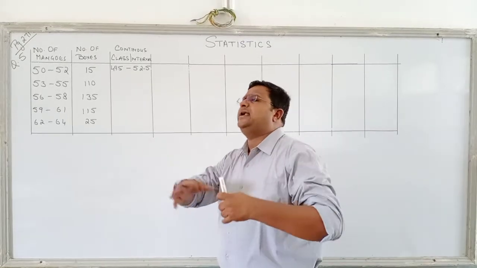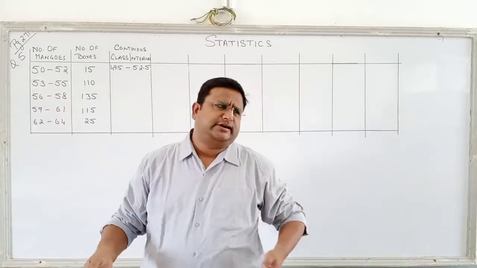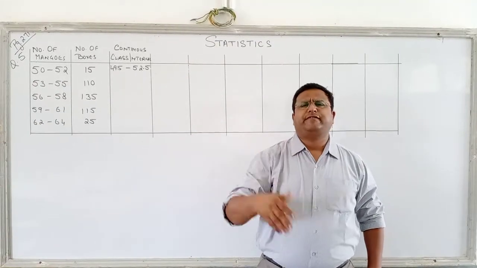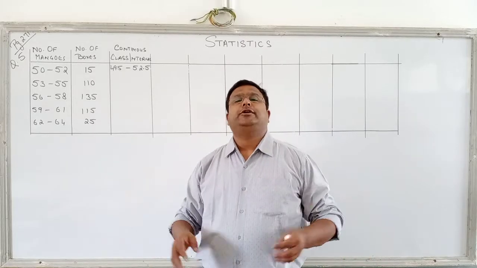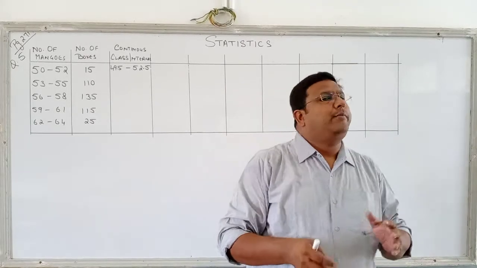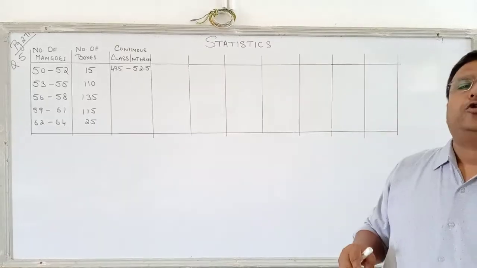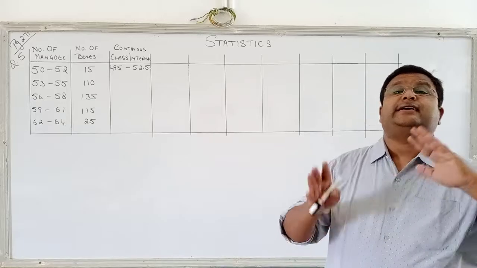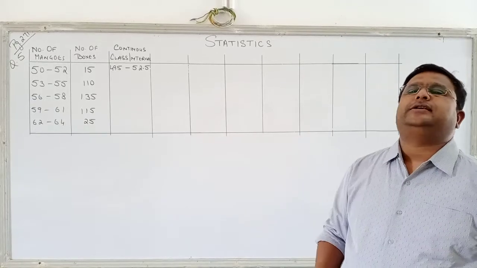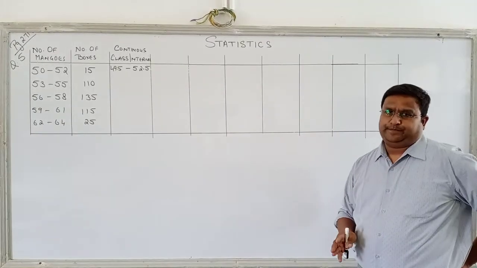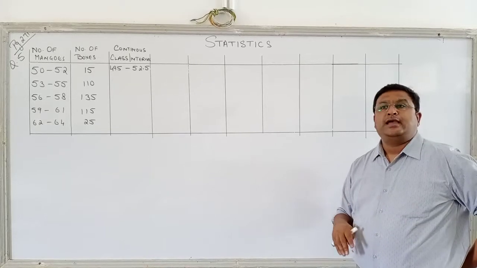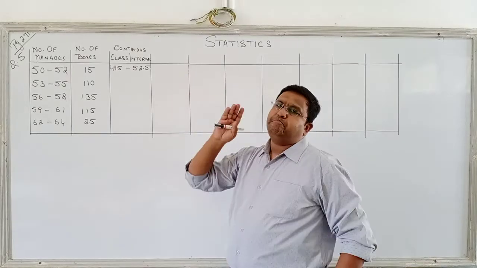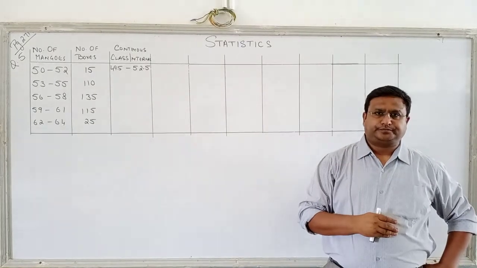For example, random selection was there. In a class of 40 students, 20 students were asked how many marks you got in a test, 5, 2, 4, 7, whatever it was. But that was not in groups. But then the teacher divides it, how many students got marks between 0 to 5, 5 to 10, 10 to 15, 15 to 20, that is a group. So in class 10, we are going to discuss groups, class intervals and calculation of mean, median and mode.